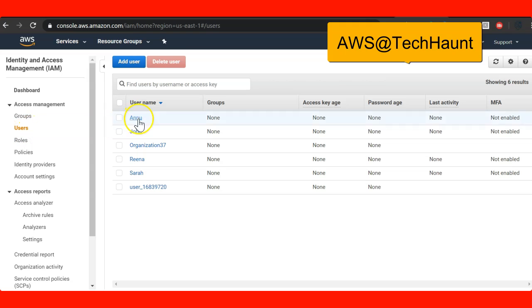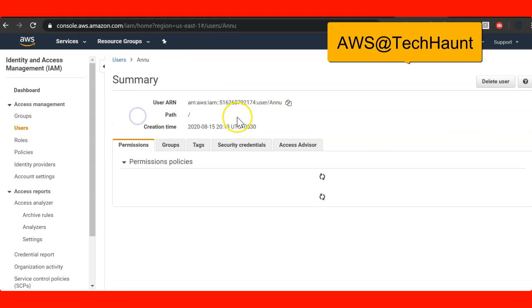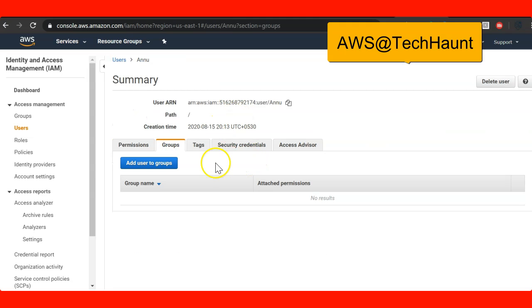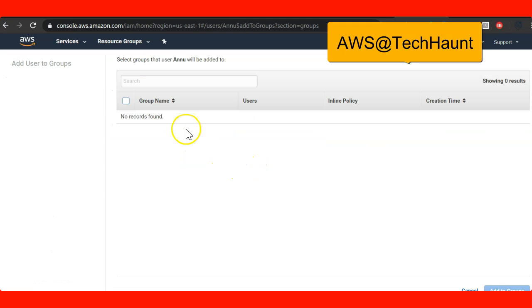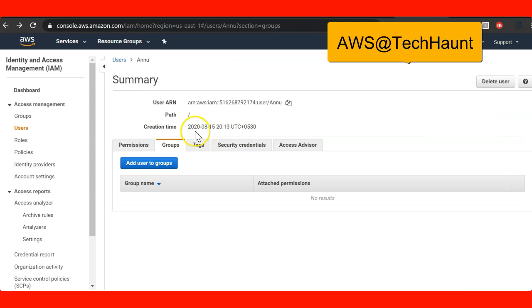So you can add from here or from the groups, that's your choice. So let's select Anna, Anu, and Rina. Sorry, let me go to group and add user to group. Okay, so now I'm going to add it into my HR team. I think I don't have permissions for this user.